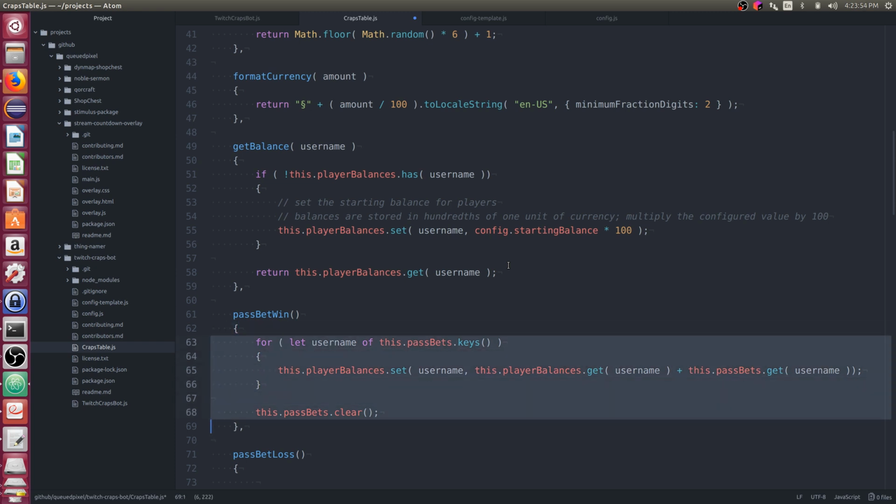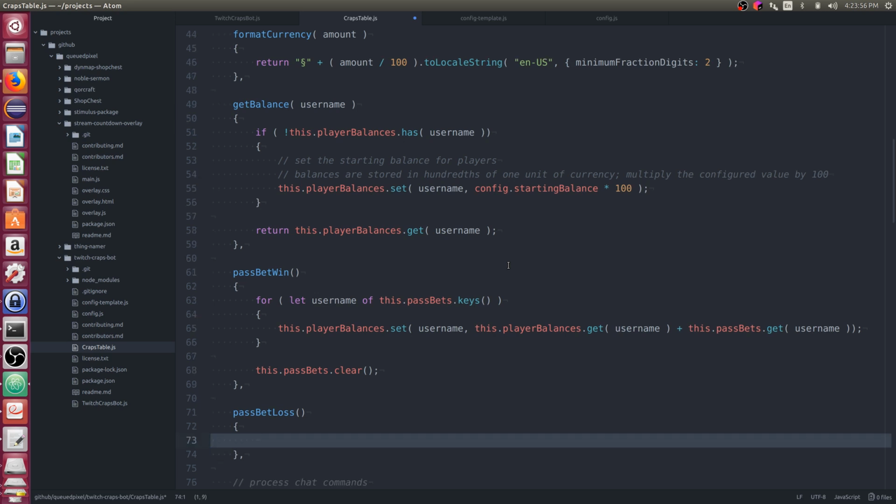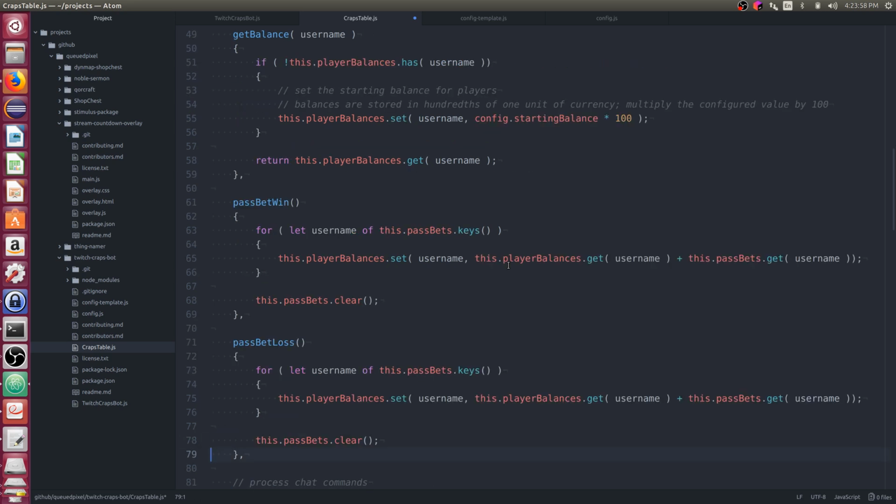And now for a pass bet loss, we're going to do pretty much the exact same thing, except we're going to subtract. But then again, clear out the pass bets.